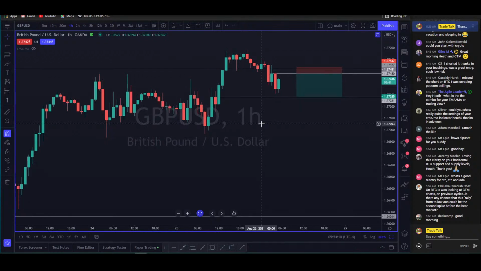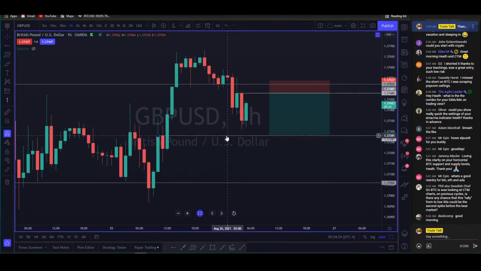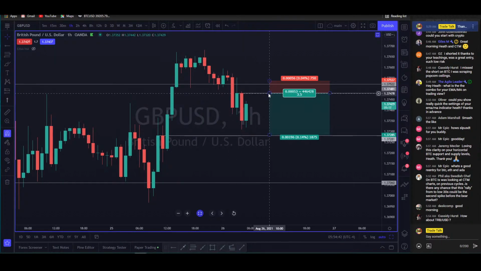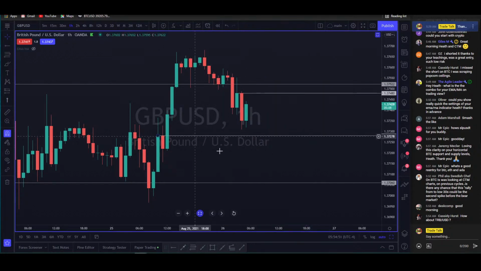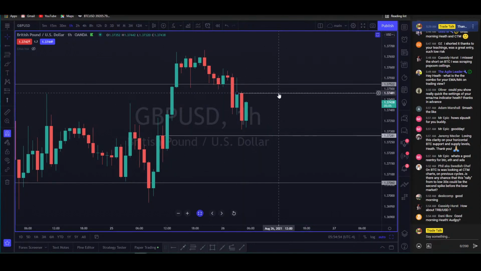The Aussie trade that I took yesterday was a 4.5 to 1, 4.5 to 1, and it was a little less than 3 on the pound yen trade. It was like 2.8, 2.7, something like that on that one. And then you can clearly see a nice, beautiful setup here. We have not tested this level as support yet. That does not count as a test. So if we trade back up to this level here and fail, I will be looking to take a short position back down to 1.37281. And then I'll be done on the week if I take the position, right? If it looks good to me, if it looks like it's going to act that way, I will take that position because I can afford to take another hit, the first hit of the week.